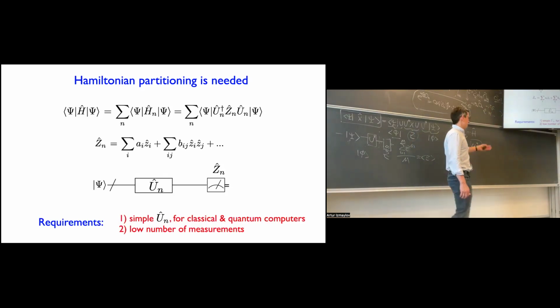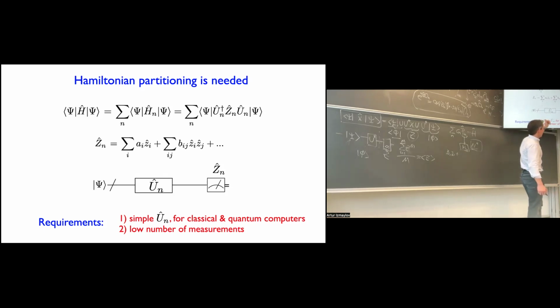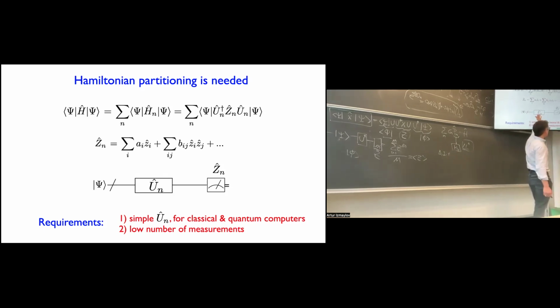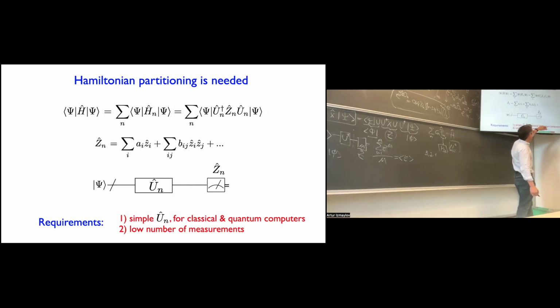All right, so now that brings me to requirements. What do we want from these fragments? We want these H_n's where they could be diagonalized essentially using very simple unitaries, because we also don't want to put too much extra circuit. Also, we want to be able to do this on a classical computer and on a quantum computer, because on a quantum computer we put these unitaries as a circuit, but on a classical computer, we figure out which Z's we need to measure, or what our polynomial is,